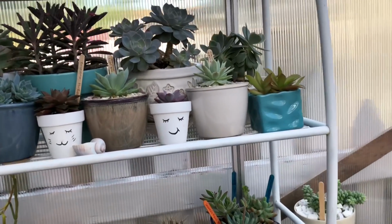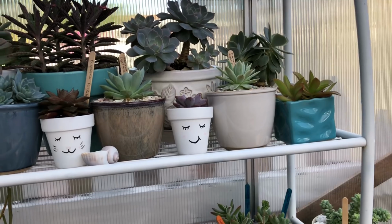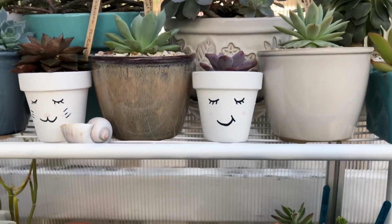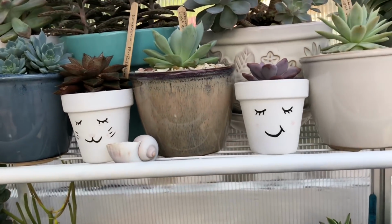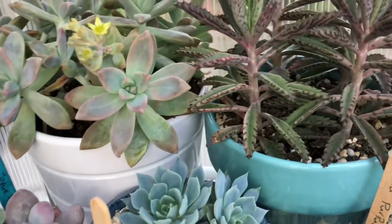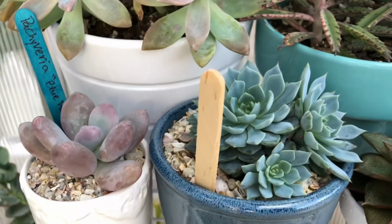Pots that I've picked up that I like for succulents, or that are unique, that I want to try and see what I can come up with. First I wanted just to show you guys, I brought into the greenhouse some of my indoor